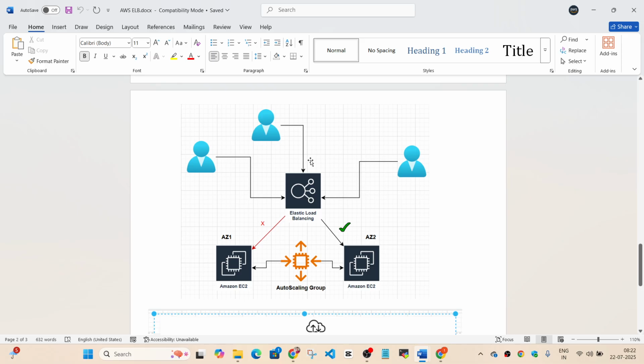Okay, so once again, a very special feature, not very useful in all the scenarios, but in some scenarios, if you want to enable sticky sessions, you have the option. So now you see this single resource can do multiple things for you.